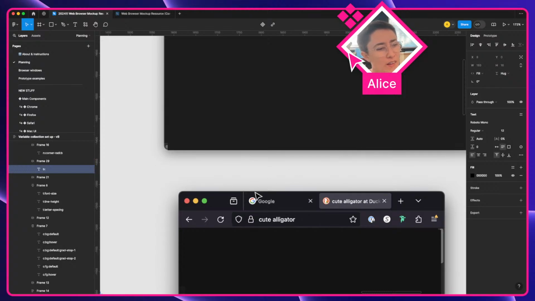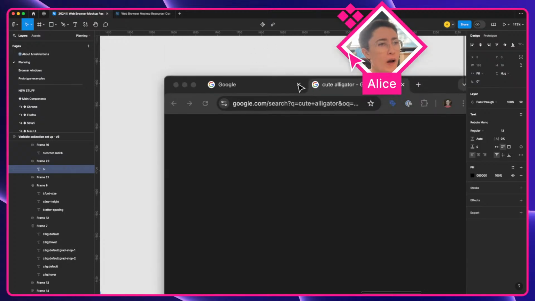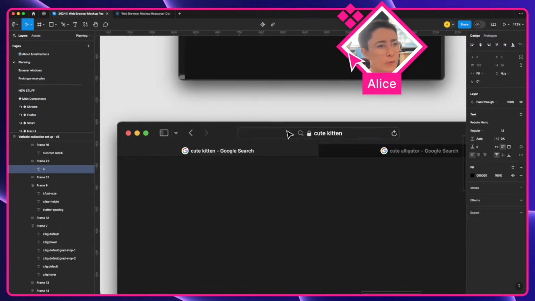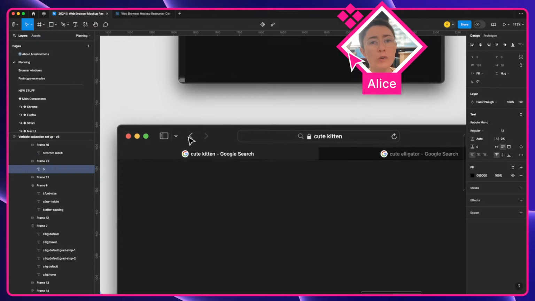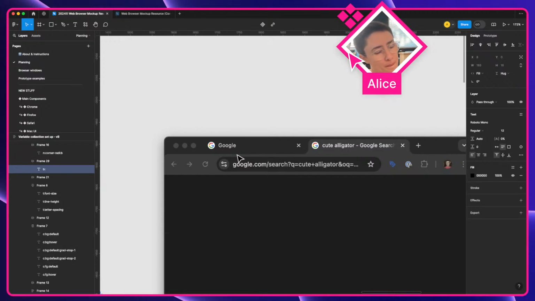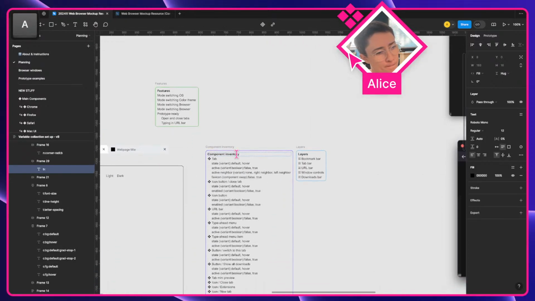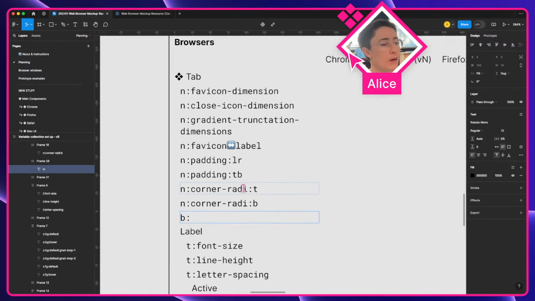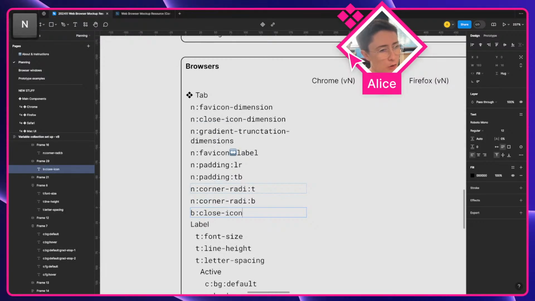I don't think we do, because it's really just going to be a frame with a fill that's an image, and we're just changing the dimensions of that. But the icons, as we saw yesterday, Chrome has a different style of icon than Safari, than Firefox. And like wholly different shapes, like this chevron versus these arrows. So if we go with the Boolean method, we will have close icon